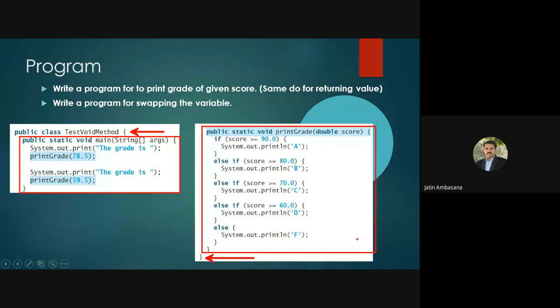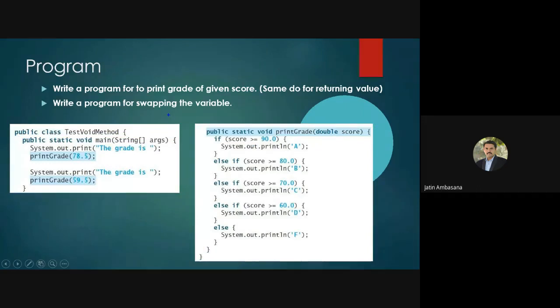Two methods have been defined, and this print grade method has been called two times. So it executes two times. From one statement the control goes and comes back, and from this statement also the control goes and comes back. This is what happens. Any doubt regarding this, please do let me know.